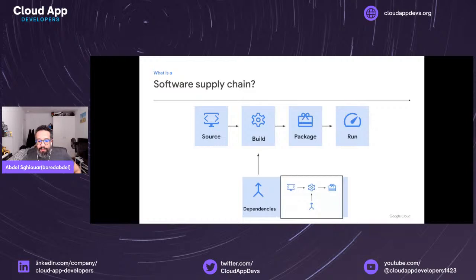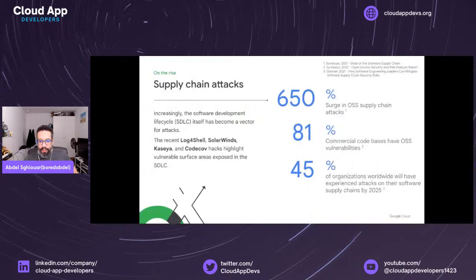Now, your dependencies themselves are developed by somebody else who has a similar set of steps to get dependencies from the developer laptop into being hosted in some sort of dependencies repository that you can pull from, right? And the complexity of this set of steps, or this supply chain, has proved to be extremely interesting for bad actors,